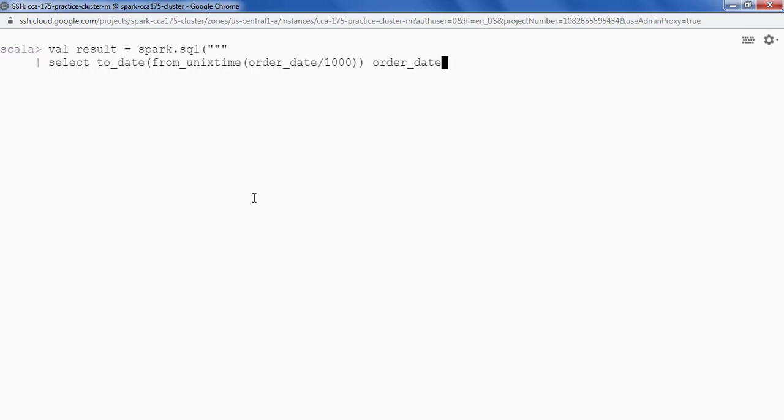This is the first column that I'm interested in. The second column is order_status from the view that we created above, orders. Then a where clause where order_status is equal to pending. So we have to filter out all pending records,